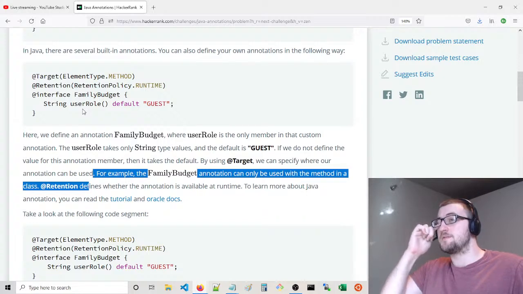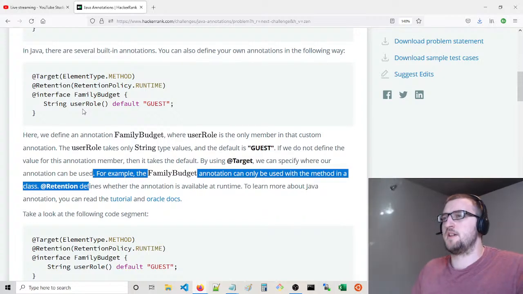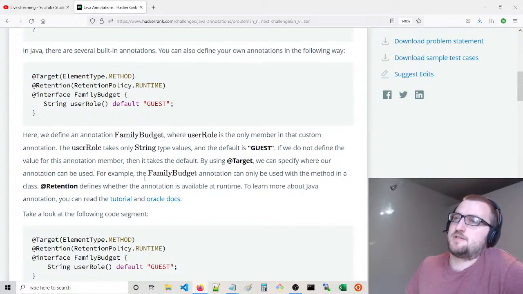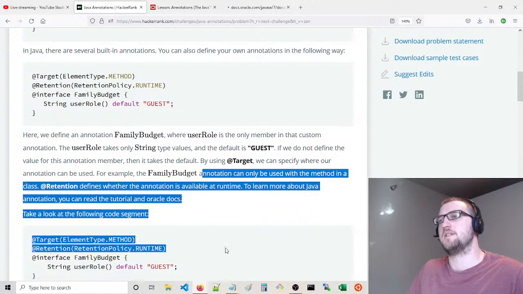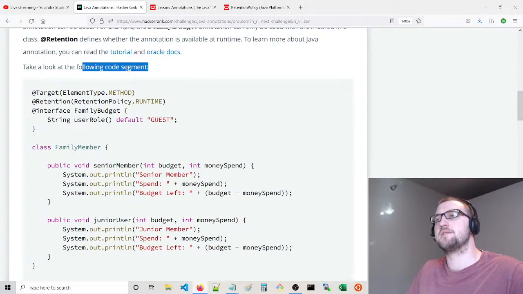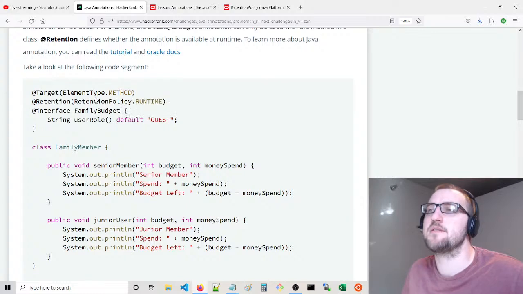Retention defines whether the annotation is available at runtime. Oh, interesting. To learn more about Java annotations, you can read the tutorial in the Java and the Oracle docs. Yeah, we should. Why not? Take a look at the following code segment. Target, ElementType.METHOD. So this kind of makes me think of the